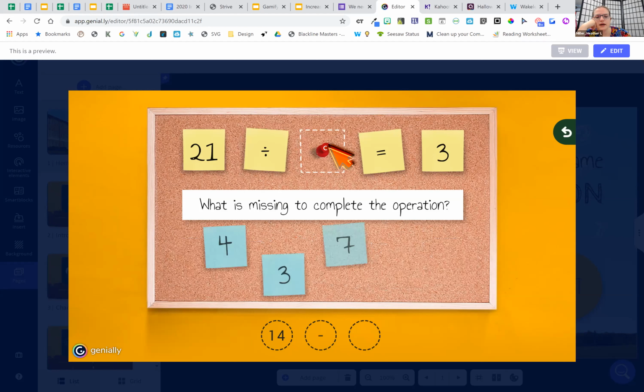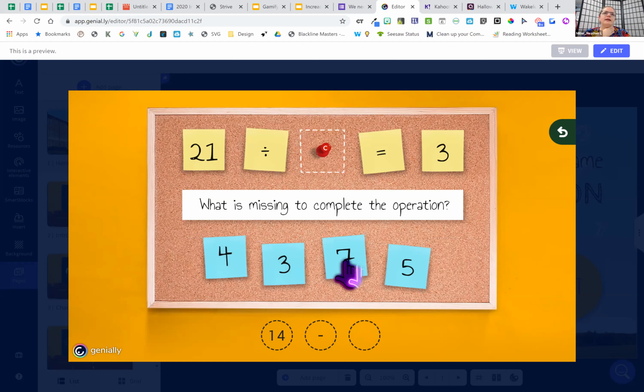21 divided by 7. So what I like to do is put the kids into breakout rooms so they're in smaller groups and then they can solve the problem. And I just hop into the breakout rooms to help them. If you have in person, then they can just all crowd around one computer. They don't all have to have a computer to complete this. They can all complete it together.